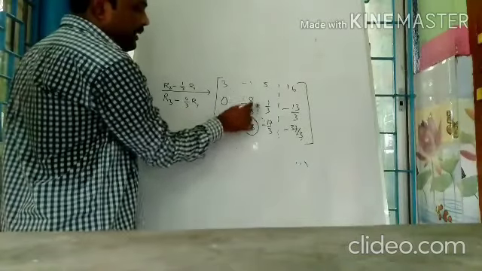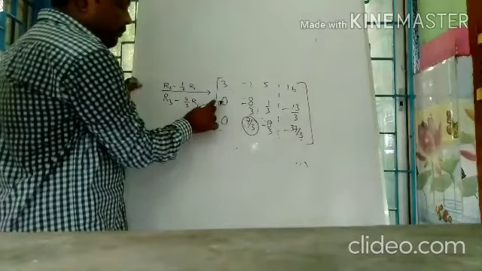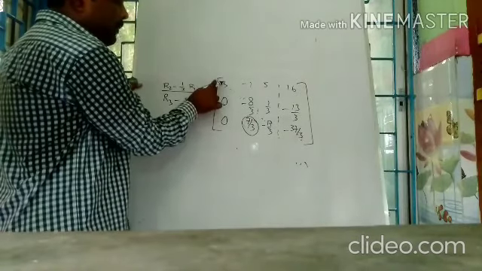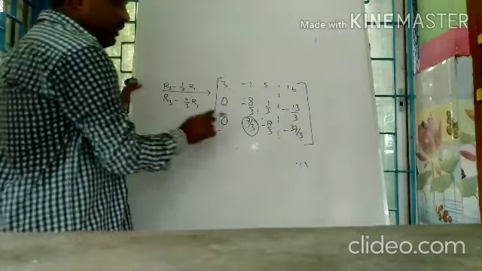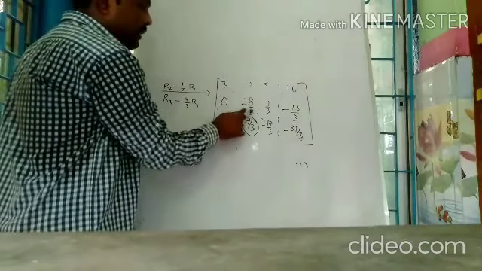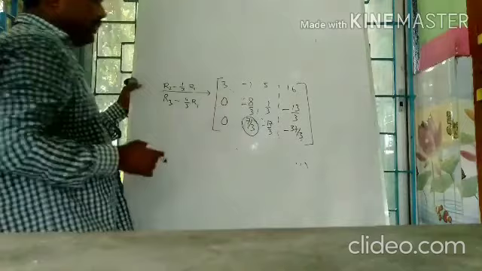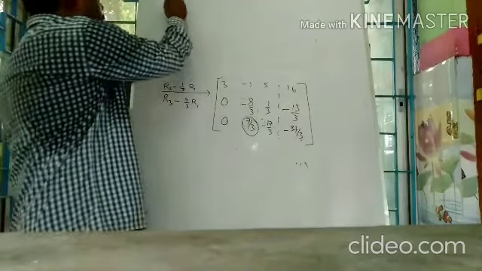Using this element minus 8 by 3, we have to make 7 by 3 into 0. Make these two elements 0 using the first element of the diagonal, that is 3. You have to make this 0 using the second diagonal element, that is minus 8 by 3. So the row operation is